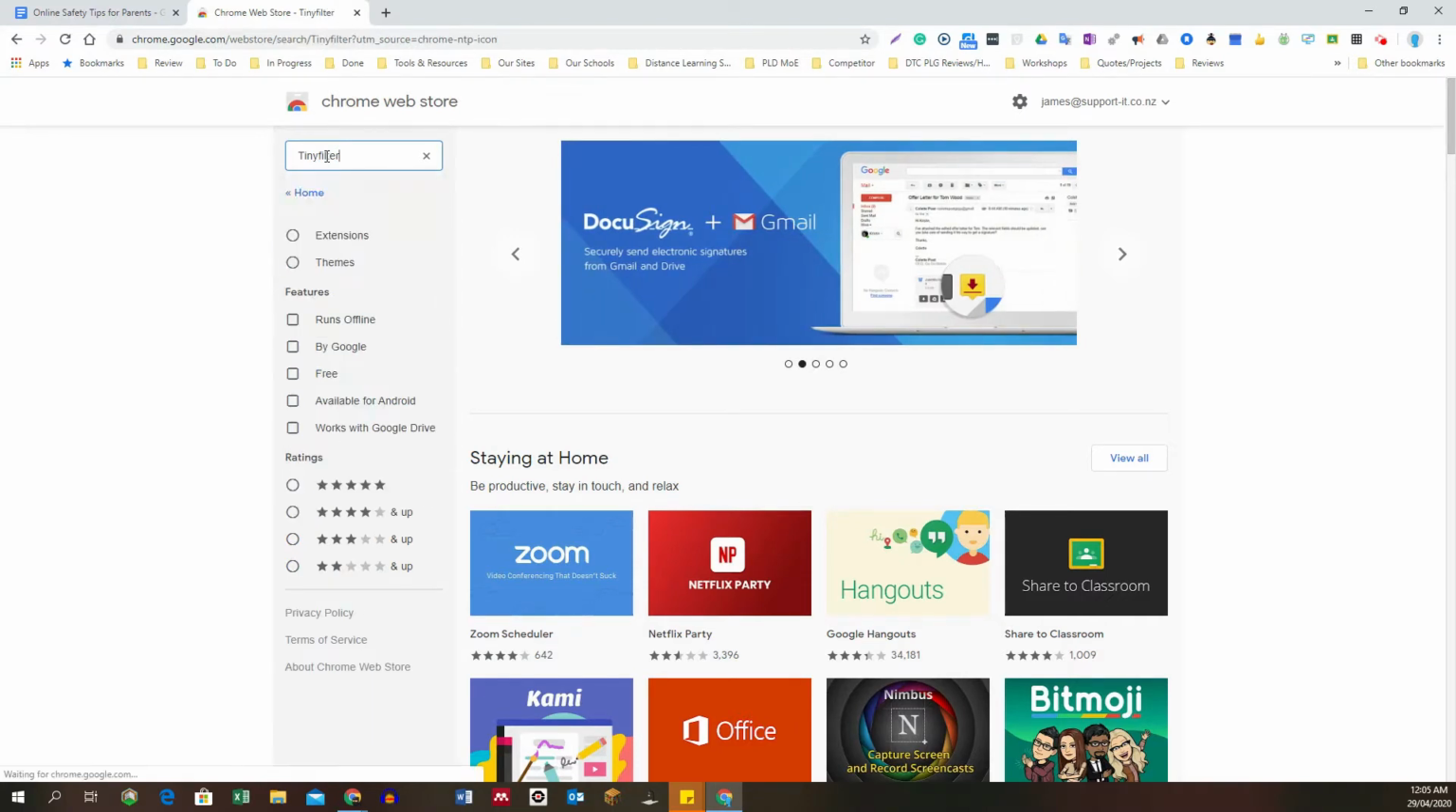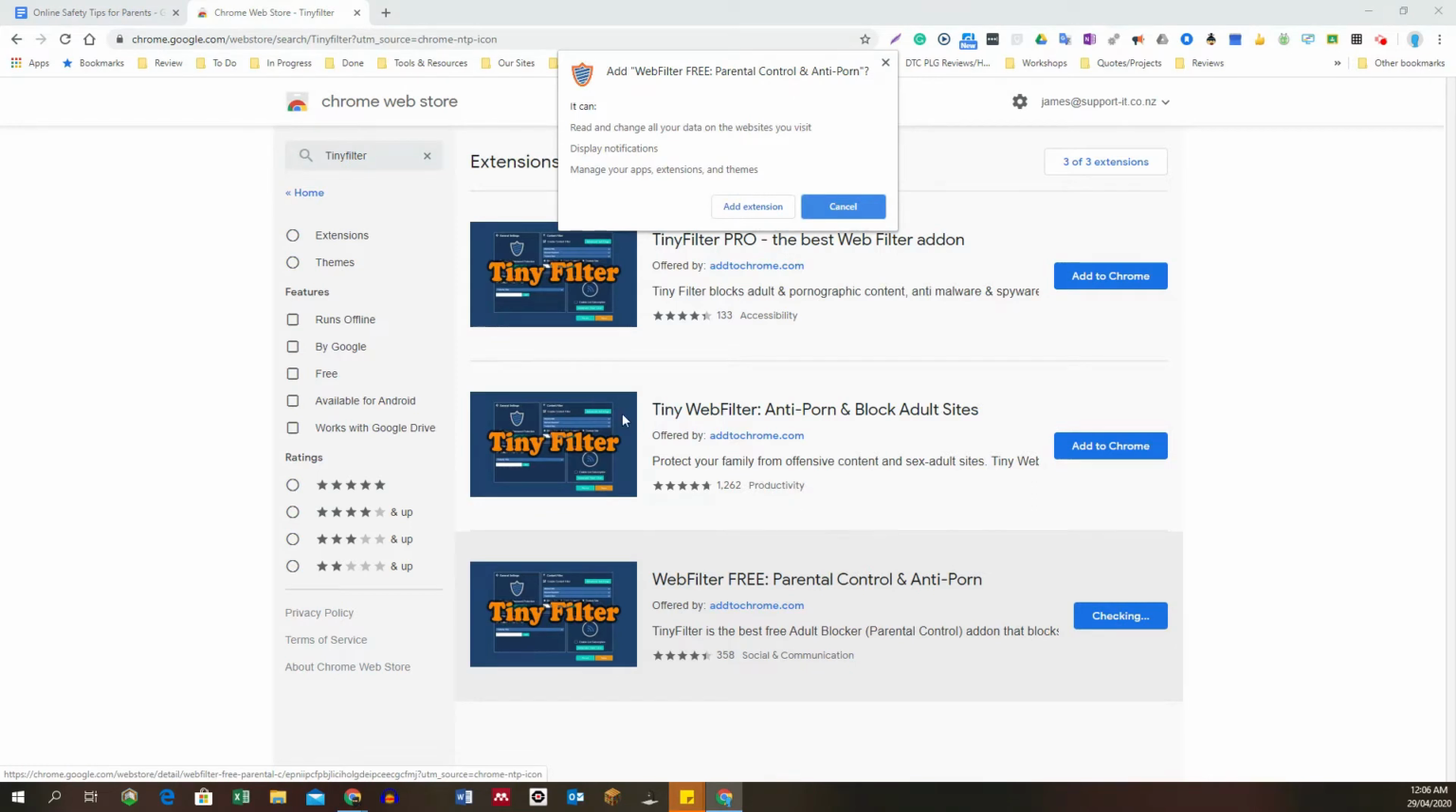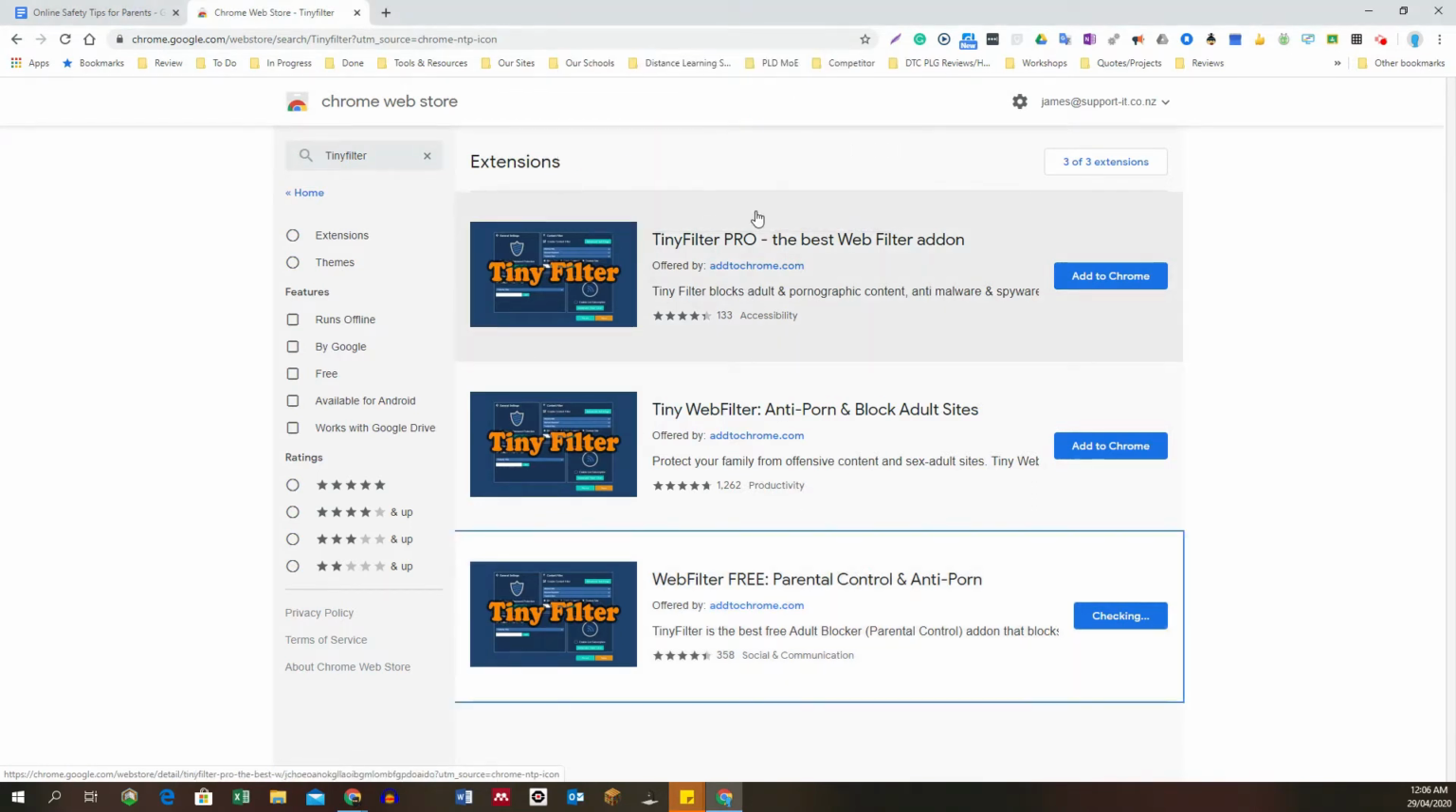Press enter, and it's going to appear as one of these extensions. Now, I've checked all three extensions and they all seem to be exactly the same, do the same thing. So I recommend probably just going with the parental control and anti-porn version. Clicking on that, so we click add to Chrome, then we click add extension, and you'll see the extension will